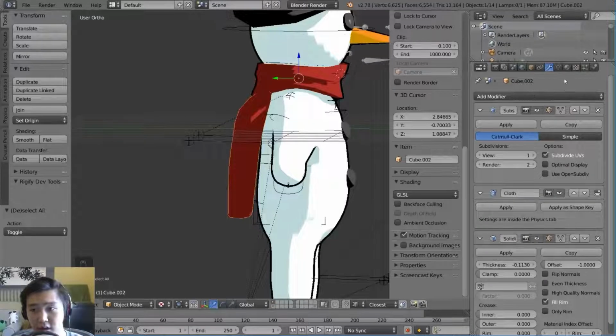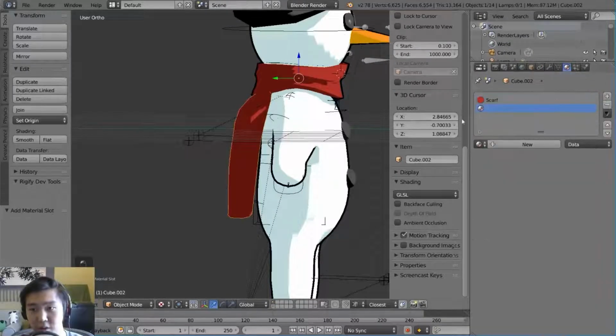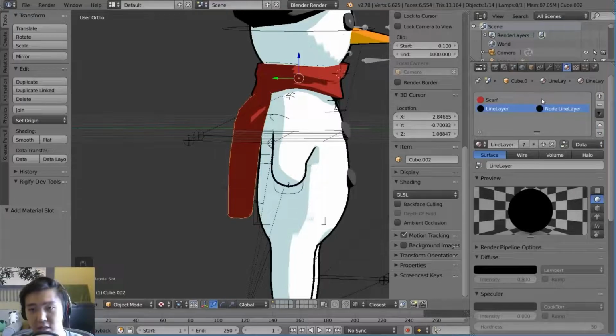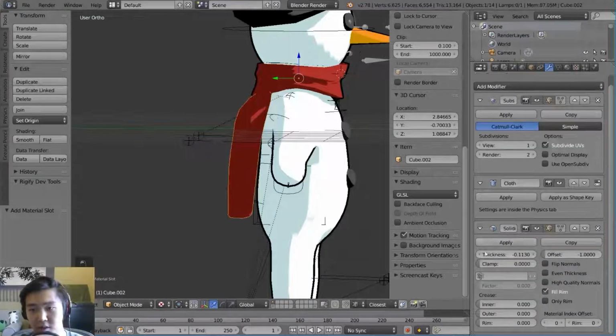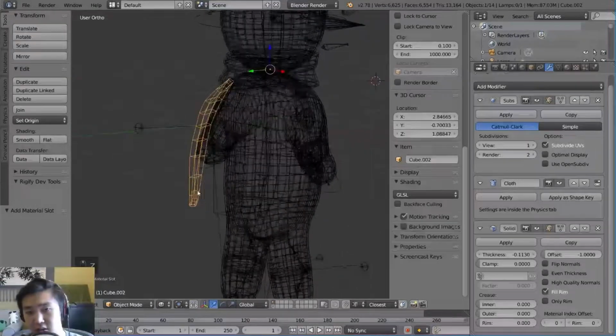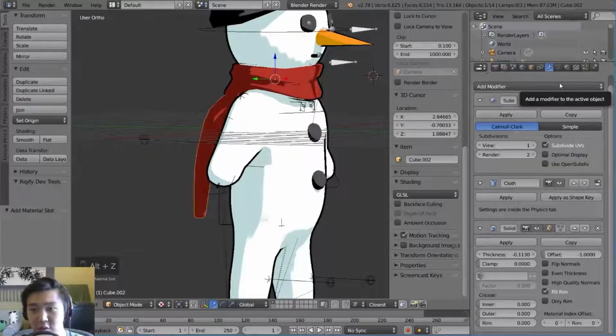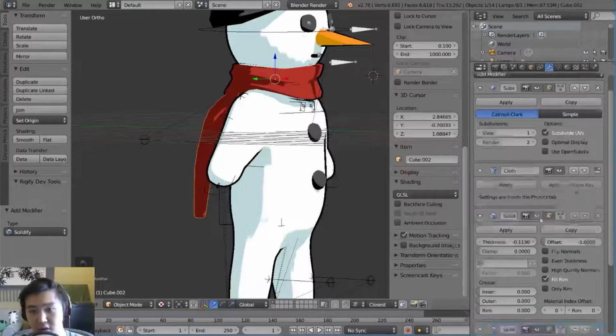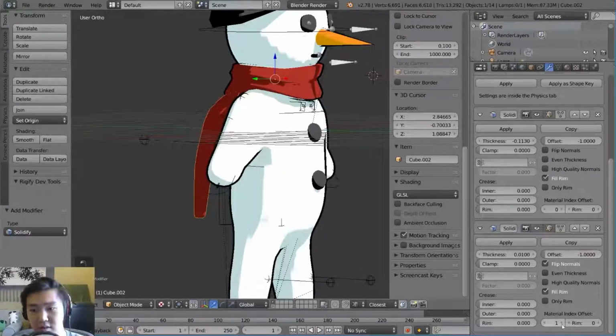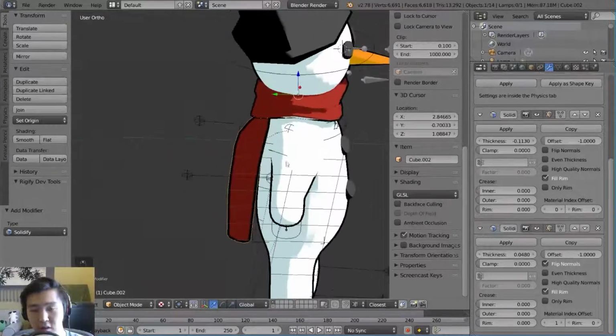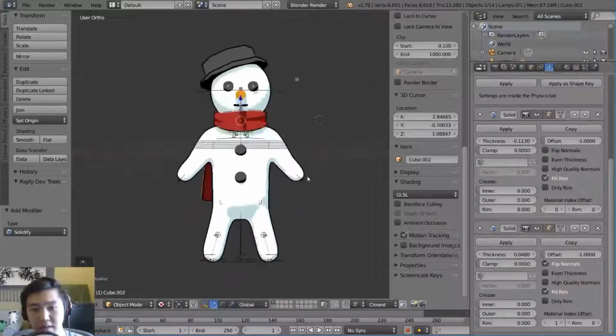Although before we do that, I'm going to go ahead and add an outline to this as well. And speaking of which, you'll notice this already has a solidify modifier. So you think, oh, why don't I just do that to here and do that to here? But you actually don't want to do that because this is affecting the actual thickness of the mesh itself. So what you want to do is add a new solidify modifier on top of that, and then flip normals, index offset, and affect that differently. Because it does a very different thing when you have two versus if you affect the old one. So anyway, that is that.